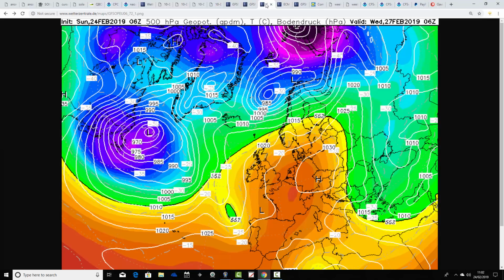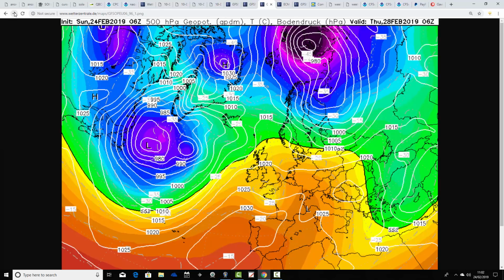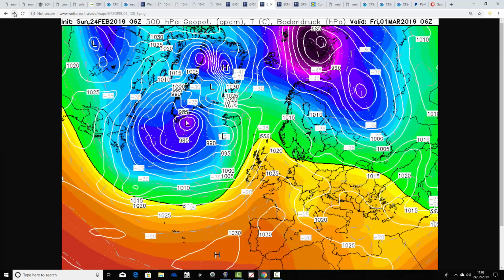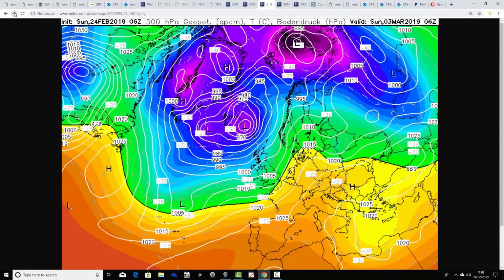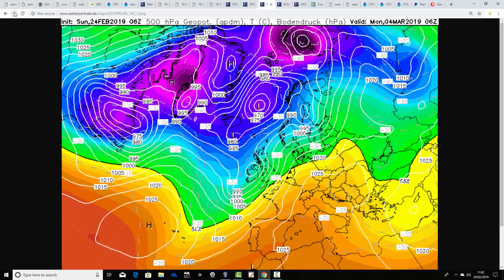The 6 o'clock run of the GFS has been updating while I've been speaking, so again we'll just have a quick look at that. Wednesday, warm southerly winds, mainly dry conditions into the end of the week, still basically hanging on to high pressure, but it's weakening. It's next weekend that the Atlantic breaks through, looking quite wet and windy actually by the time you get through to Monday the 4th of March. Let's run on